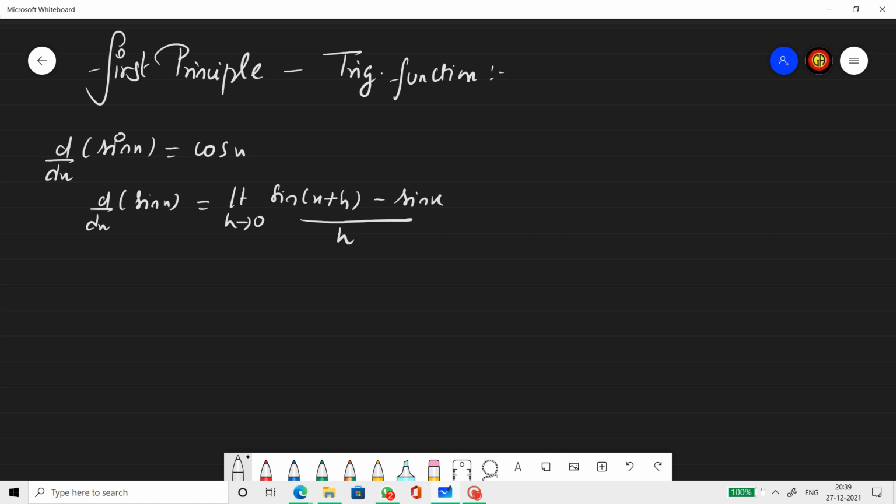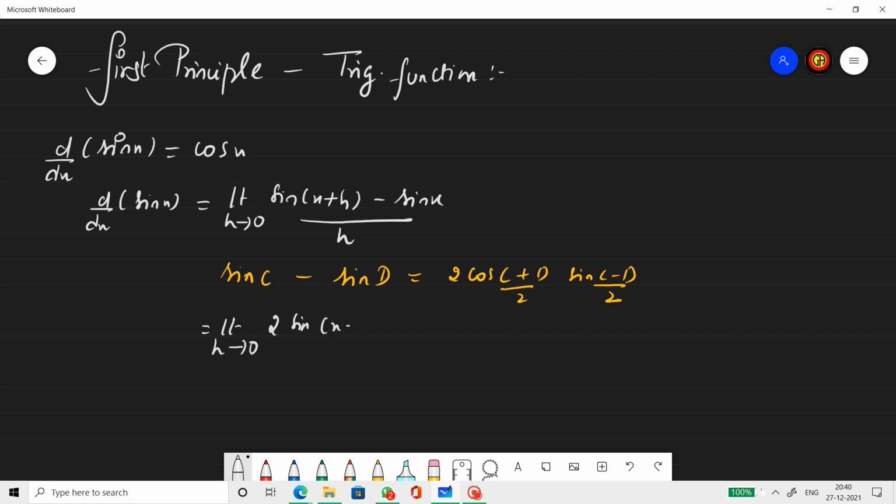Now the numerator is in the form of sin c minus sin d, or sin x minus sin y. I'm not using x and y because x is already involved in the sum. So sin c minus sin d is 2 cos c plus d by 2 and sin c minus d by 2. So using that formula, limit h tending to 0, sin of x plus h minus sin x will become 2